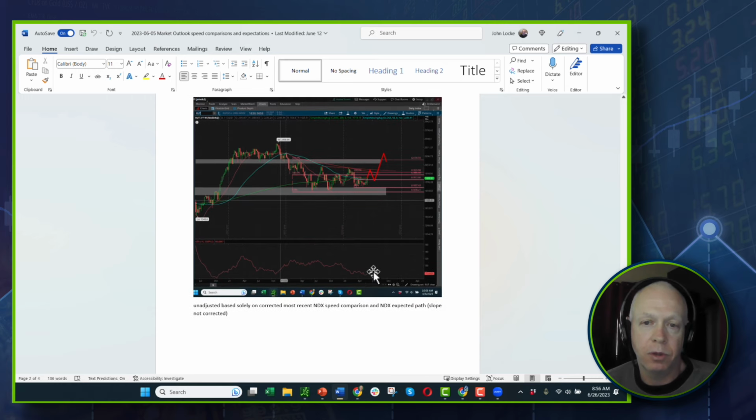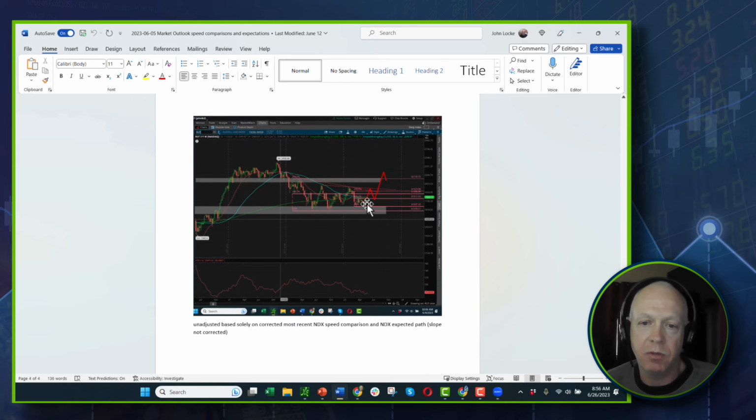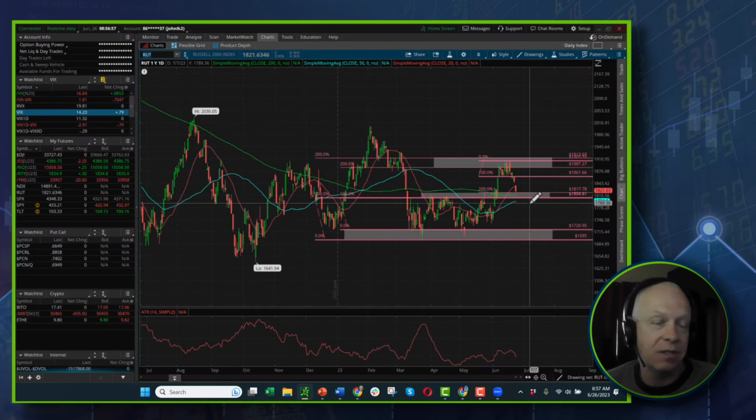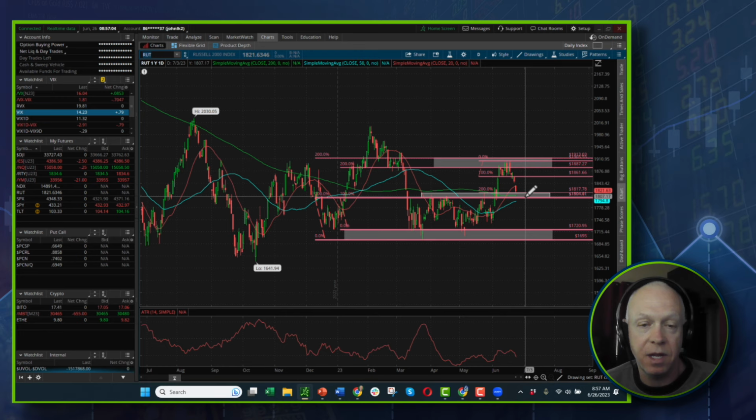And we also thought that the Russell was going to break its range and run up into actually higher than it actually went, which was not up here, but we're talking about our shorter term retracement level we had outlined here. Again, this is based solely on NDX. We actually take in a lot of other things into consideration, but one of the things that we do is cross-index analysis. In other words, the indexes, the way they trade, they relate to one another or they correlate to one another.